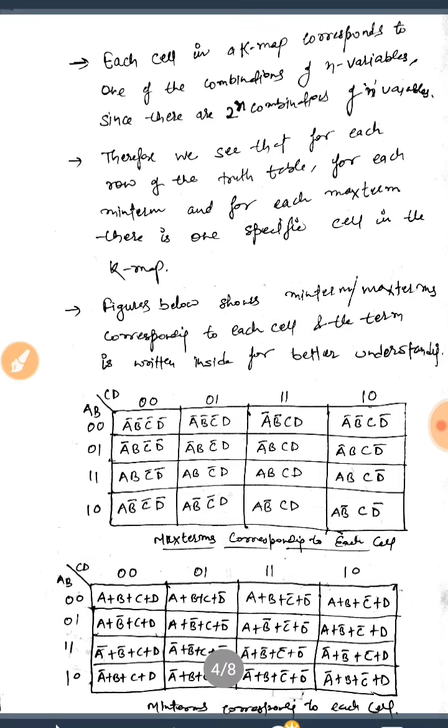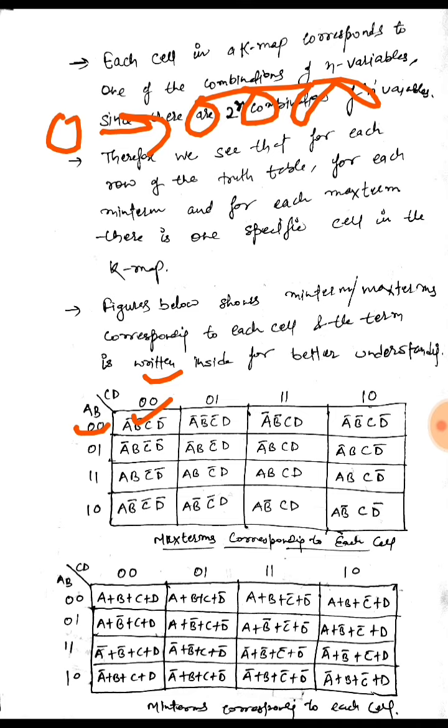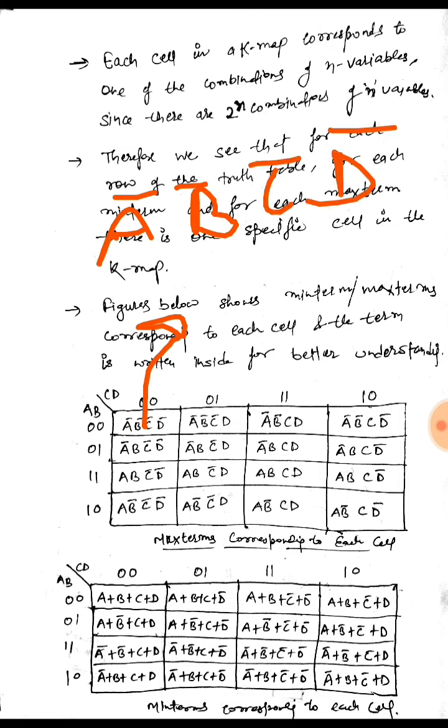So max term consists of all the literals. The first max term, for cell 0, would be where all of them are 0, that is a is 0, b is 0, c is 0 and d is 0, that is 0 0 0 0. So we have seen that the product term or the max term should have a value 1. To make it 1, I will take the complement of all of these, so it would become a bar, b bar, c bar, d bar. That is the max term corresponding to the 0 numbered cell, a bar, b bar, c bar, d bar.